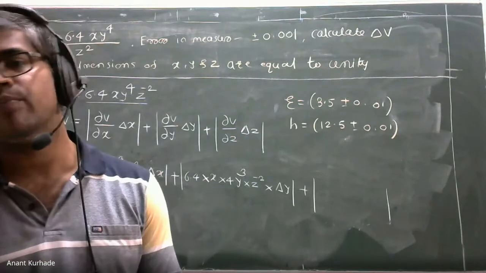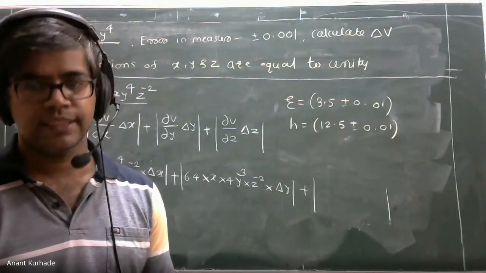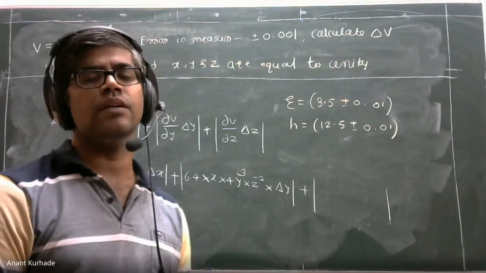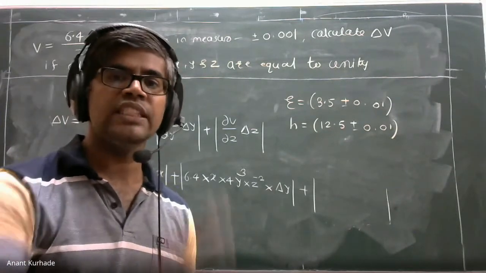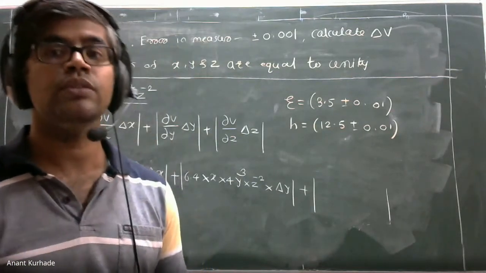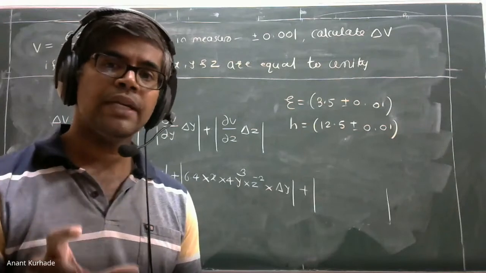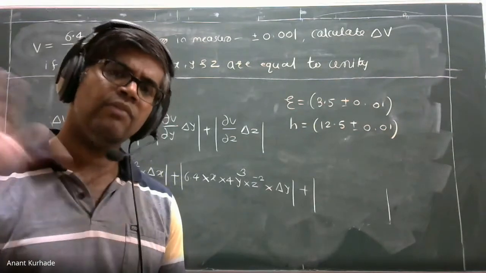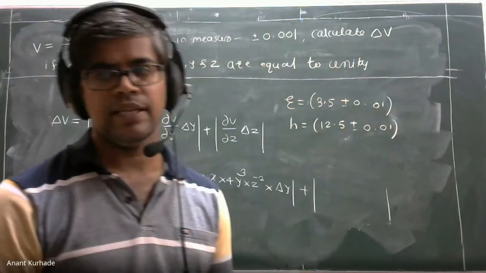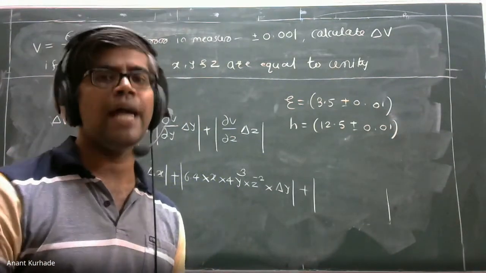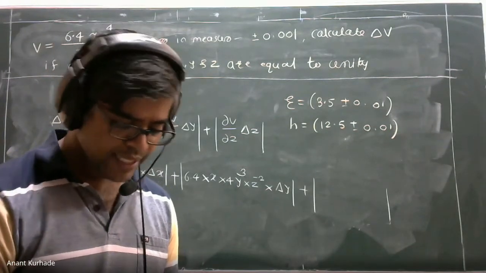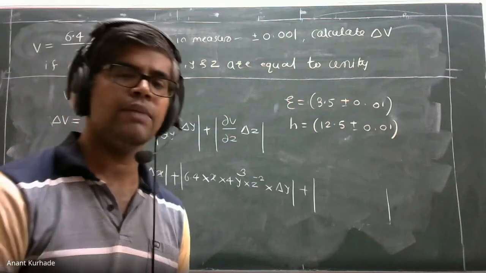The correct answer is 1.0446. Okay. If the problem statement says to find the answer up to 6 or 7 decimal places, then you can fix the calculator up to 6 or 7 decimal places for that particular problem. Otherwise, always write every answer up to 4 decimal places, and the calculator gives the answer by applying rounding off rules. So no problem. Always fix the calculator up to 4 decimal places.